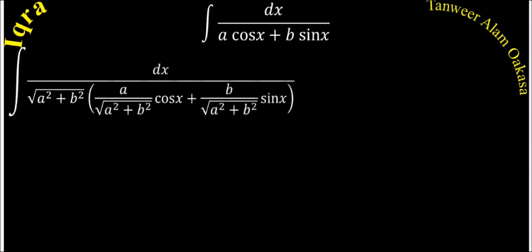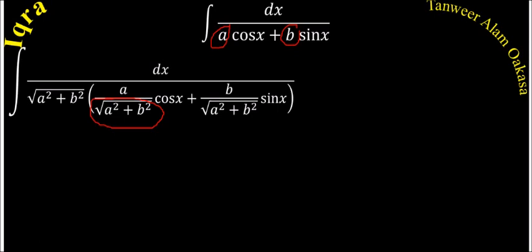So I try to reduce it into a simpler form, or you can say a single trigonometric term. So a cos x plus b sin x, everybody knows that I can convert into one sine function like sine of a plus b or cos of a plus b. And how to do that? I just divide and multiply by the square root of the sum of the squares of the coefficients of cos x and sin x. So here I am going to divide and multiply by square root of a square plus b square, that is the coefficient of cos x squared and coefficient of sin x squared, and then take the square root of that.